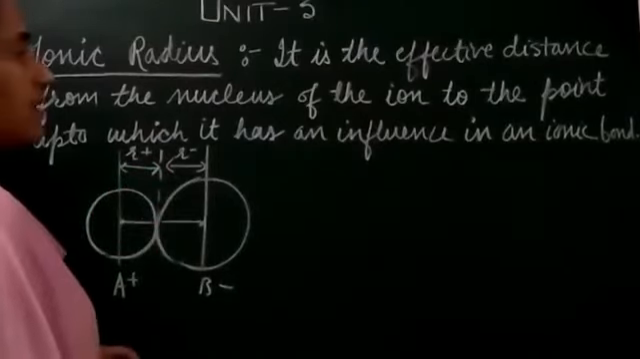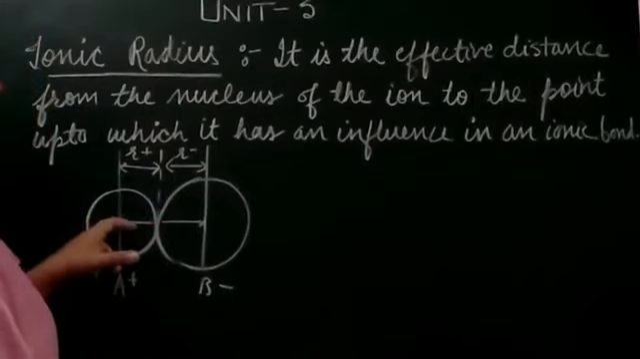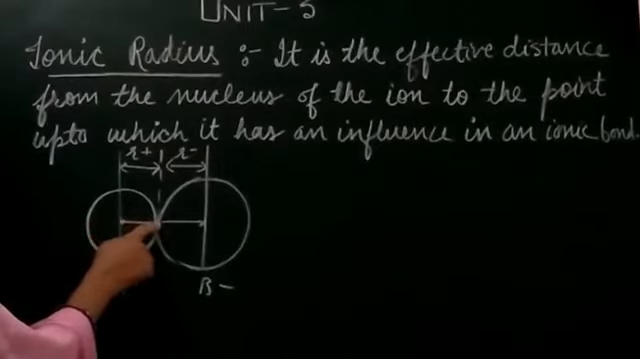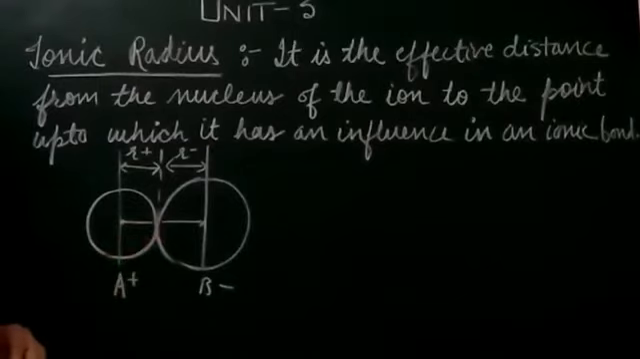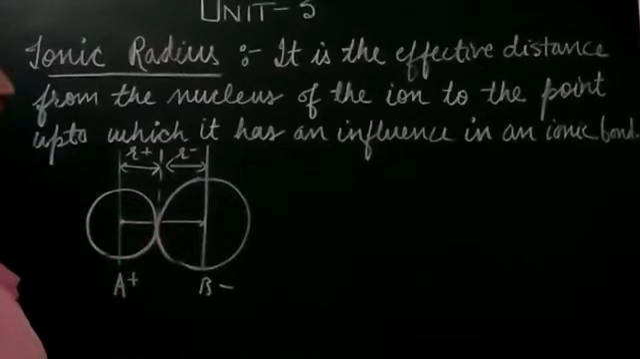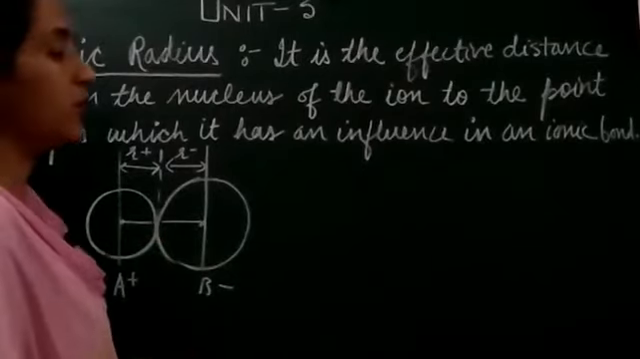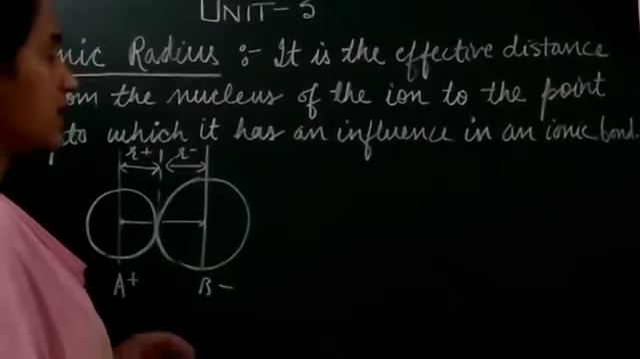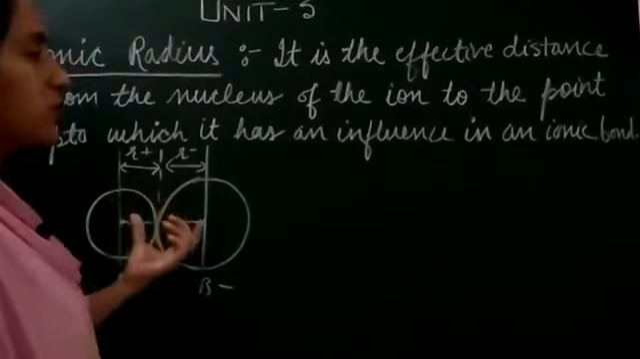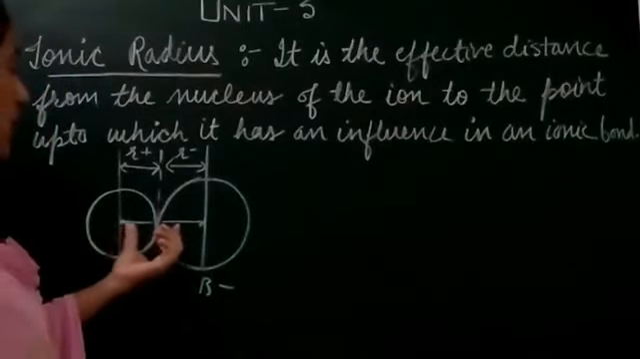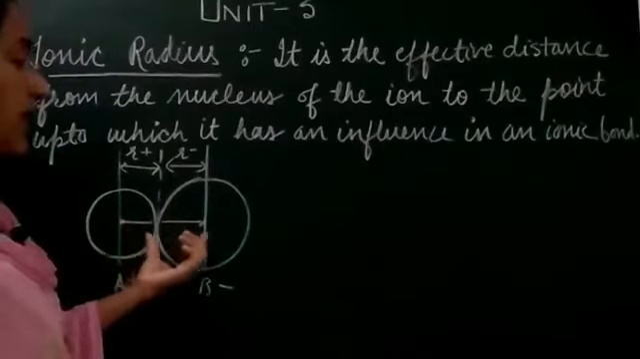So the ionic radius is the distance from the nucleus of the ion to the point up to which it has an influence in an ionic bond, right students? Hope it is clear to you. So what will be the cationic radius? The ionic radius of a cation is known as the cationic radius, and the ionic radius of an anion will be known as the anionic radius. And the interionic distance between the two ions is calculated, or observed, through X-ray